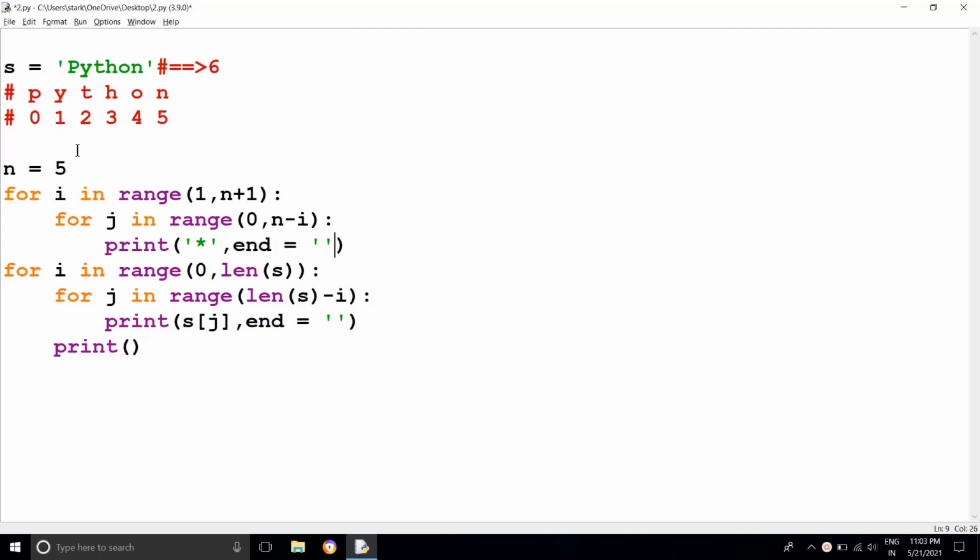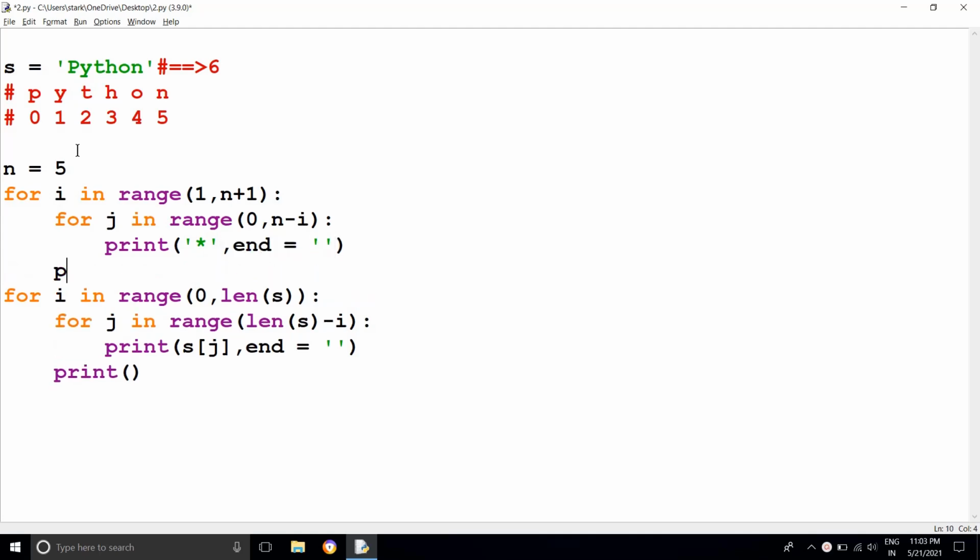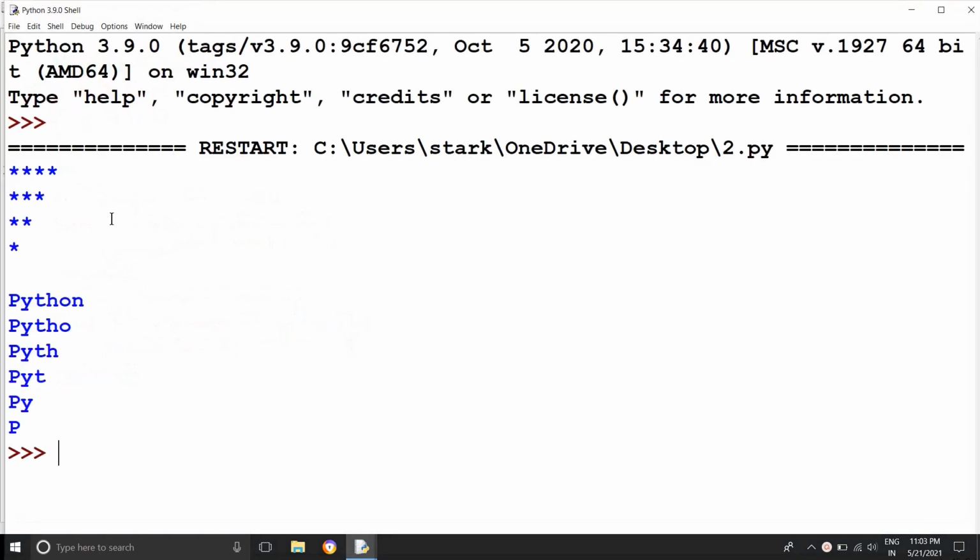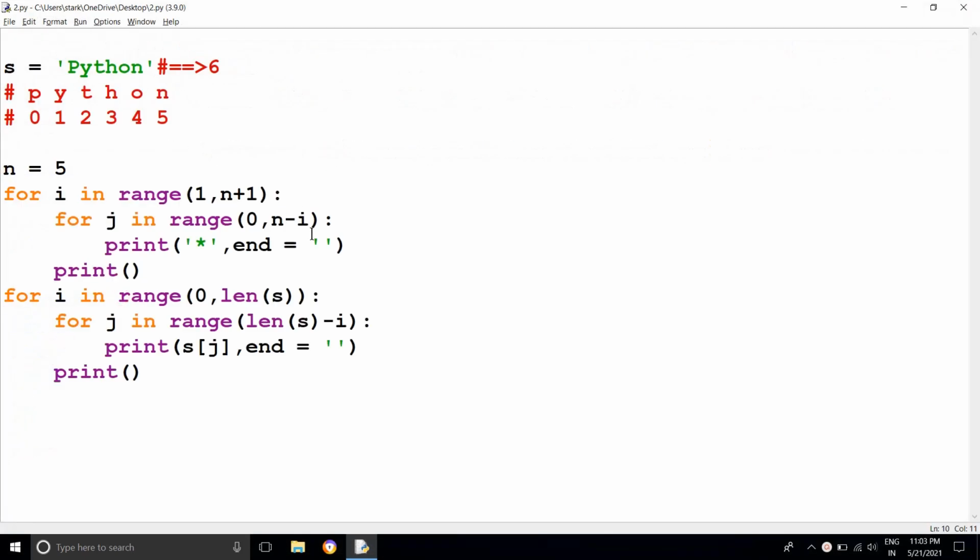You can write any logic you want, but this is one of the logics to write the pattern, right? Now if I execute this one, I'm getting stars like this, but I'm getting one star less. So now I'm going to keep here n plus 1 minus i. Now I'll get the correct format, right?